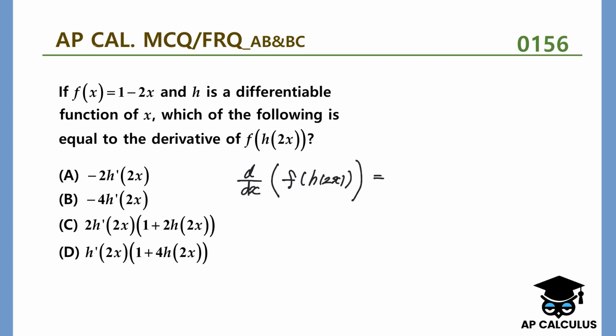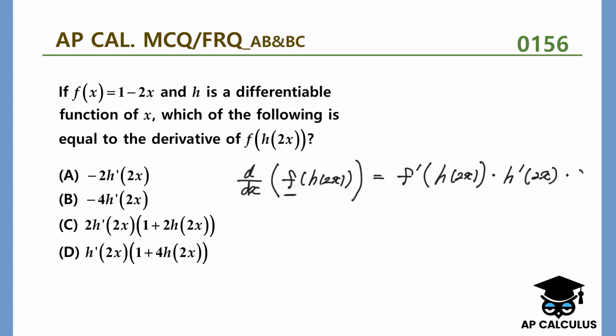That is equal to, we have f function, right? So f prime, and leave this expression alone, times the derivative of this. We have h function, so h prime, leave 2x alone, times chain rule, derivative of 2x,